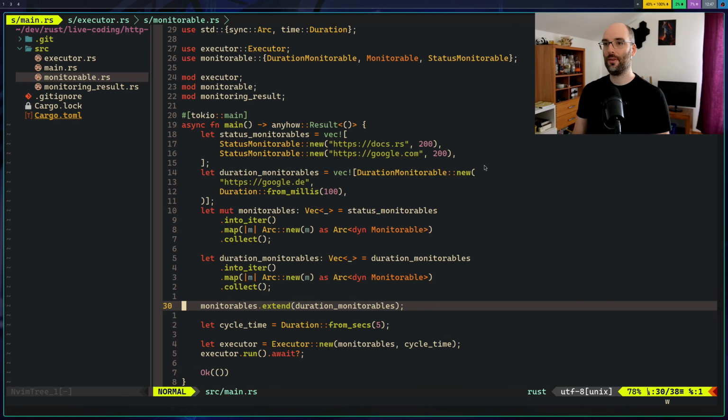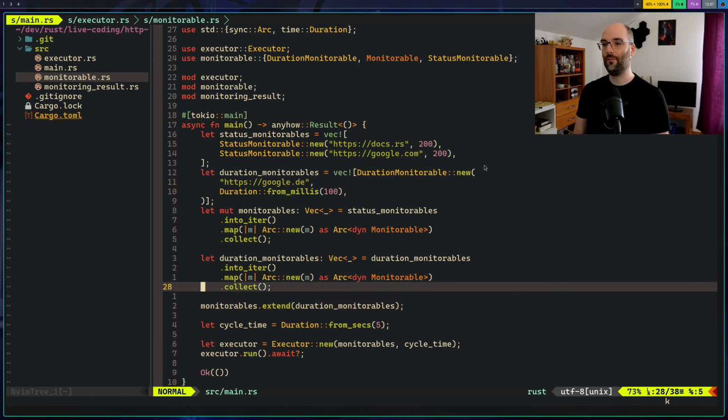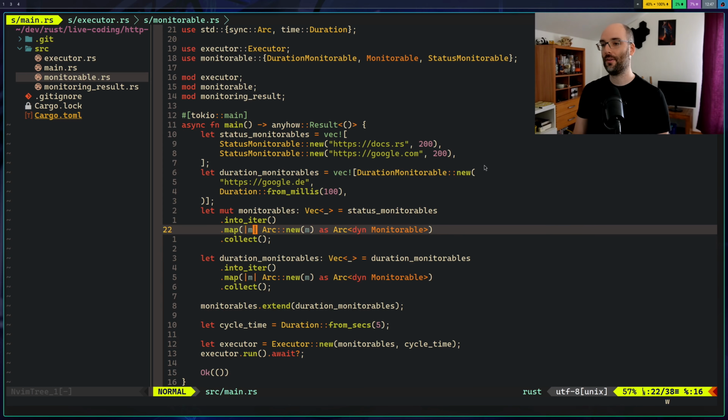So the monitorables themselves are a vector of Arcs, and inside the Arcs there is a dyn Monitorable.